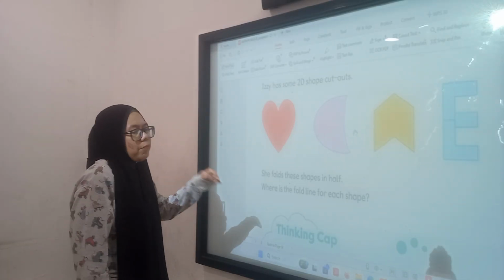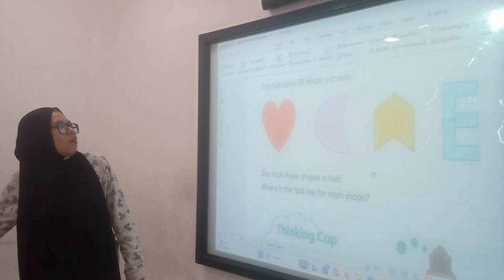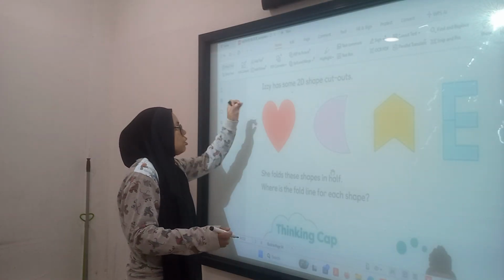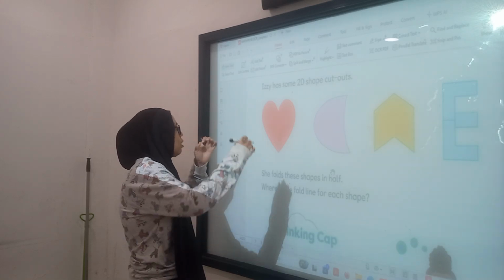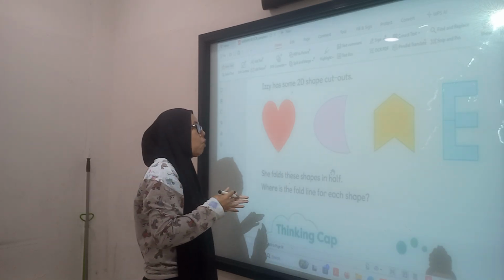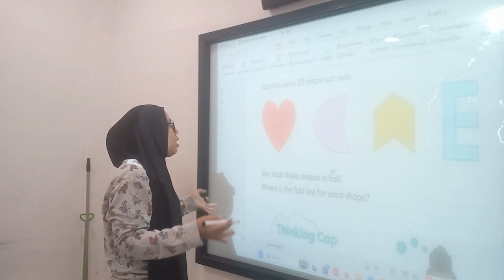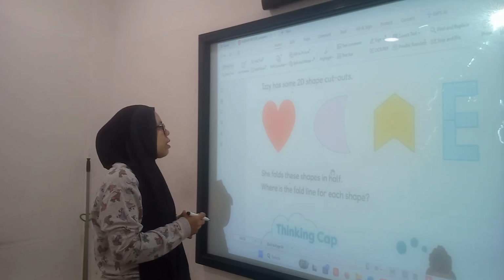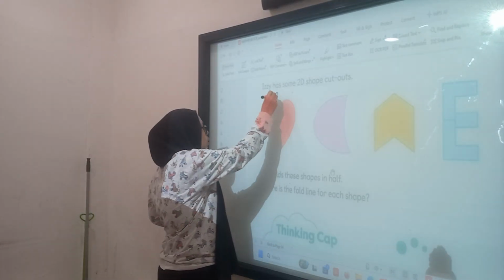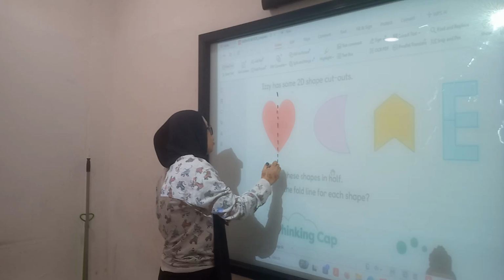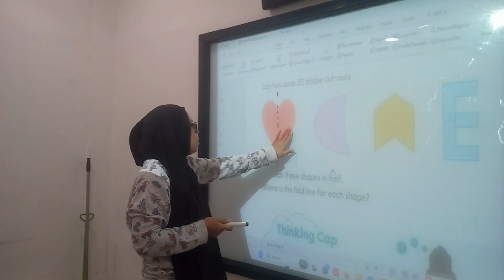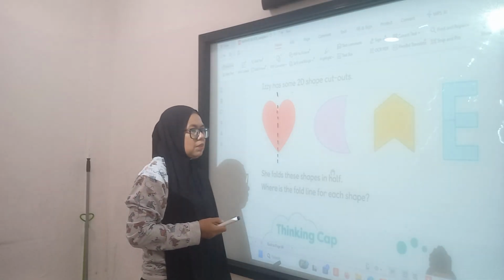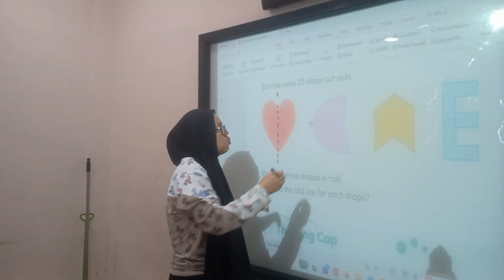So just like this shape, how do we find the symmetry line of this shape? To find the lines of symmetry of this shape, the first thing they have to know is what horizontal and vertical are. After that, I will show. Let's try to fold this vertically. So I will try to make it like this. When it is like this and the shape is equal, it means that this is a line of symmetry. Yeah, one symmetry line.